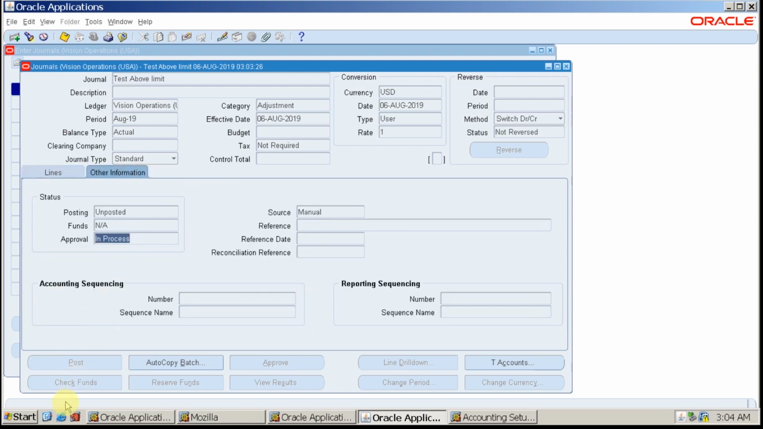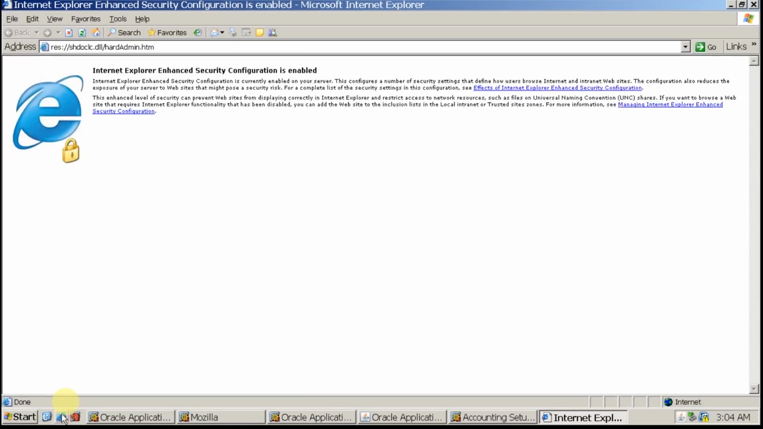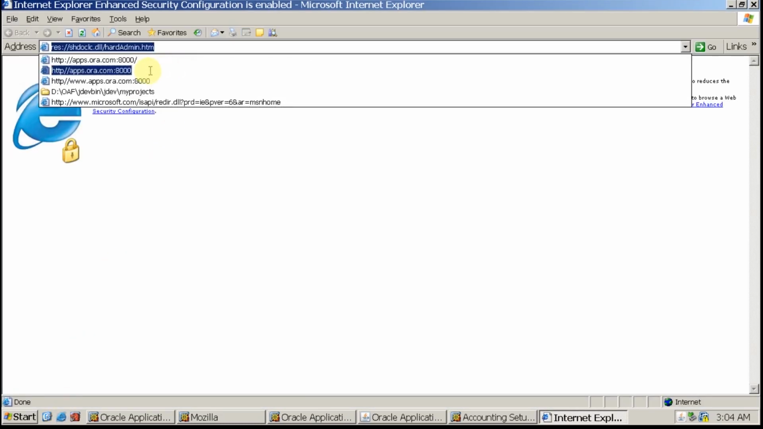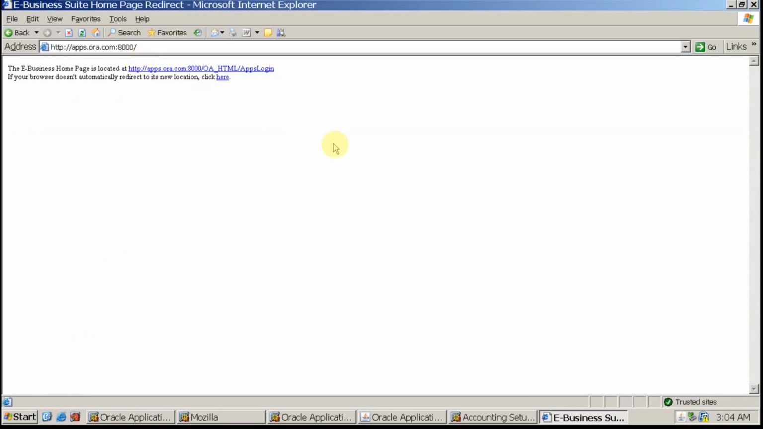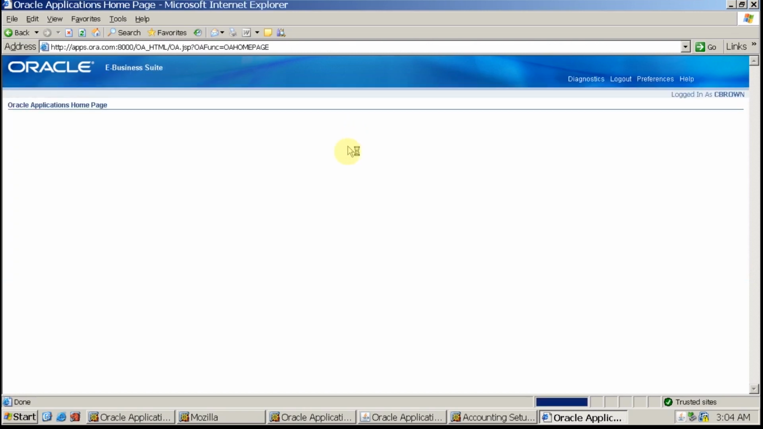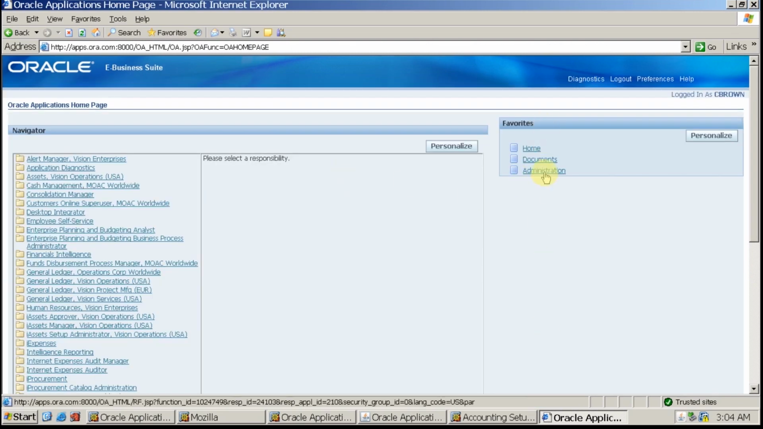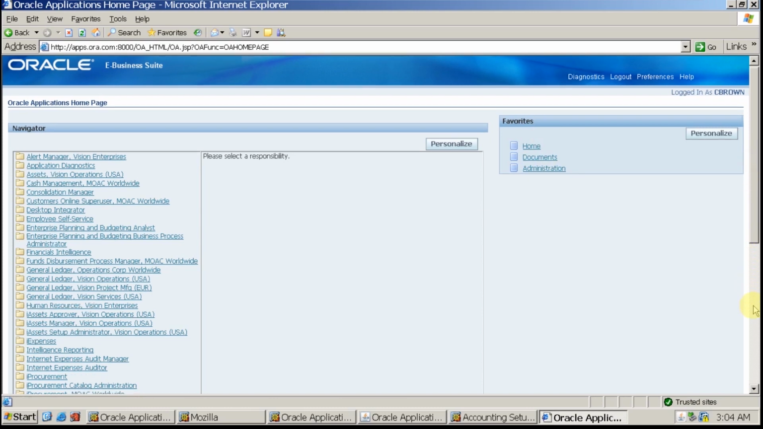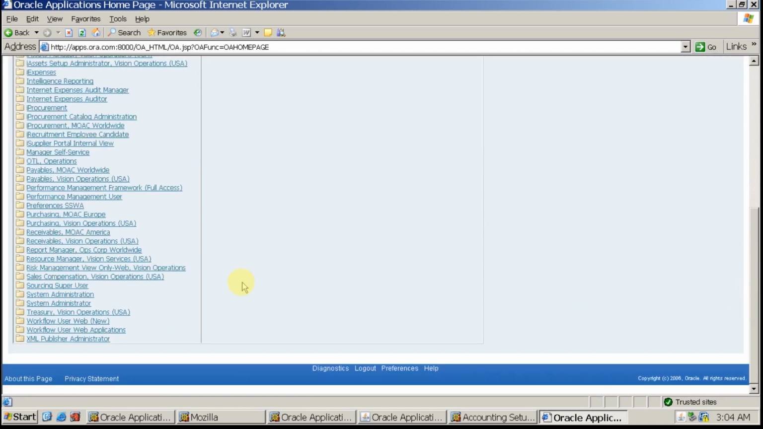So let us log in with the superior's login. So I'm going to another session. I keep my session open, and this is basically a superior user ID and the password. Click login. So the superior will get one notification. To check the notification, generally it will be on the home page. If it is not available on the home page, no issues, no problem. You can go to system administrator responsibility. Simply click on that,